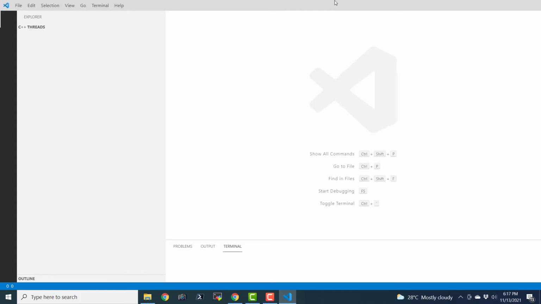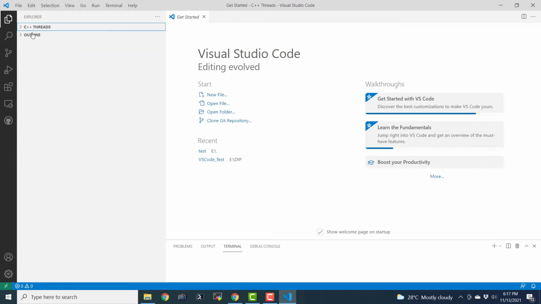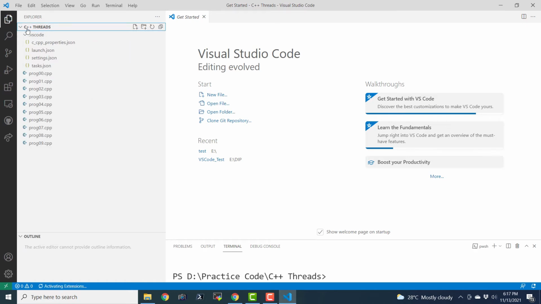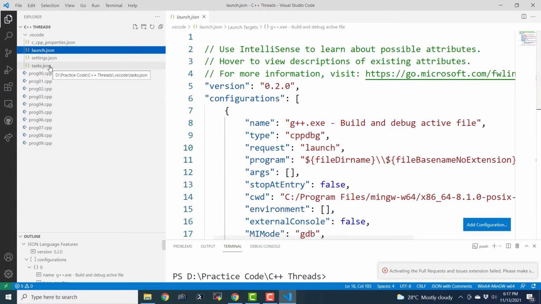So this is the main window of the Visual Studio Code. It will take a moment to appear because I am opening it the very first time. Okay, so this is from the earlier installation, I guess, the settings. So this is my project, C++ threads. Basically, it is a directory where we have another subdirectory known as .vscode. So here in this .vscode directory, we save all of our setting files.